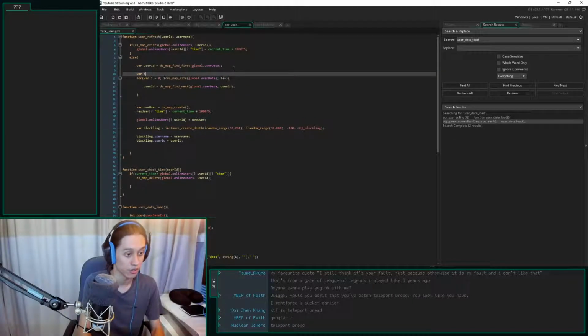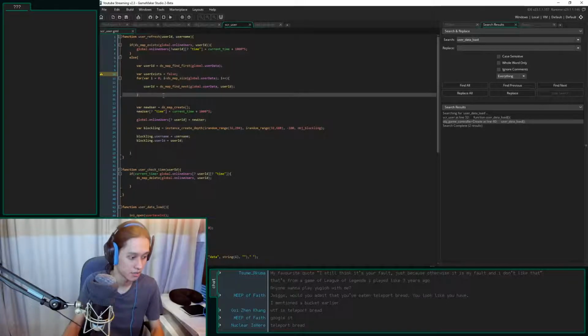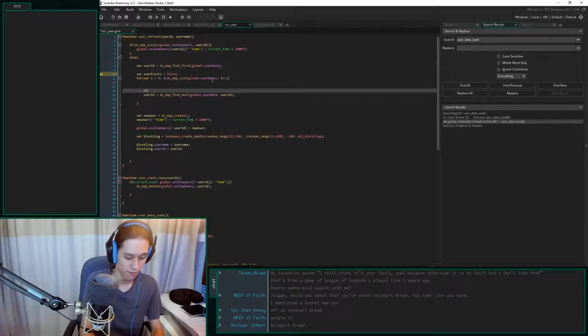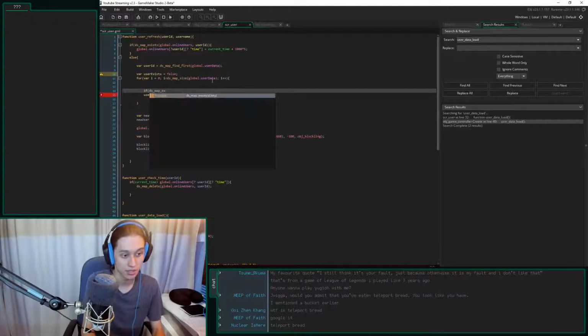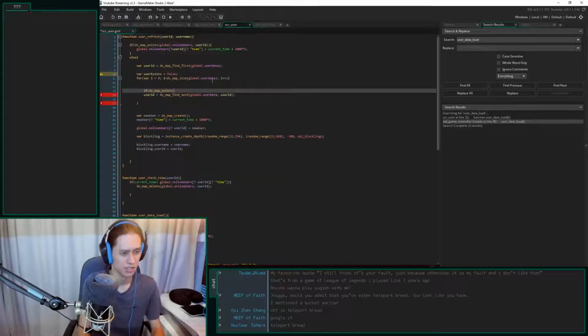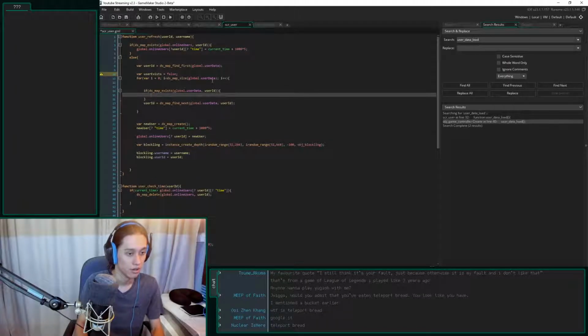Let's do var user exists equals false. So most of the time it's not going to exist. And then I'm going to if ds map exists global.user data. The key is going to be the user ID. So if you do exist, that means I found you. I found the right user.